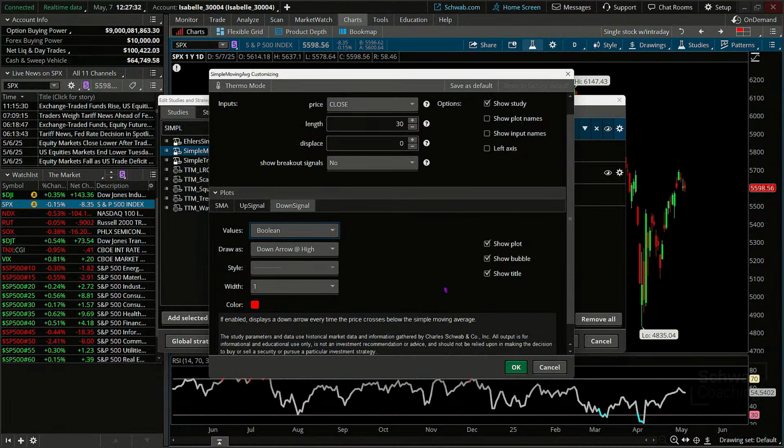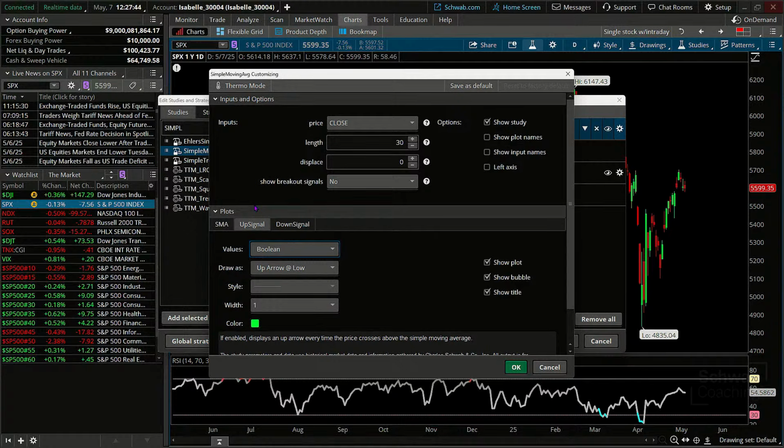Basically just an arrow that will appear on the chart with price action above or price action below the line. Okay. Some traders like to see that, some don't. All right. So you might indicate that you don't want the signal to be shown. You can eliminate the plot. Okay. And then it will not appear on your chart.